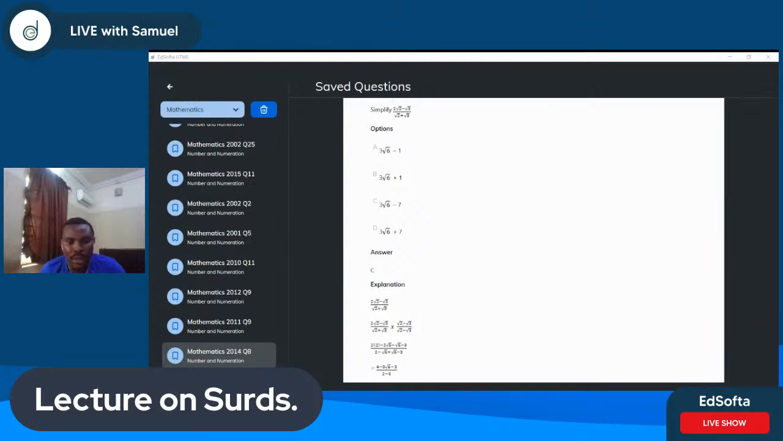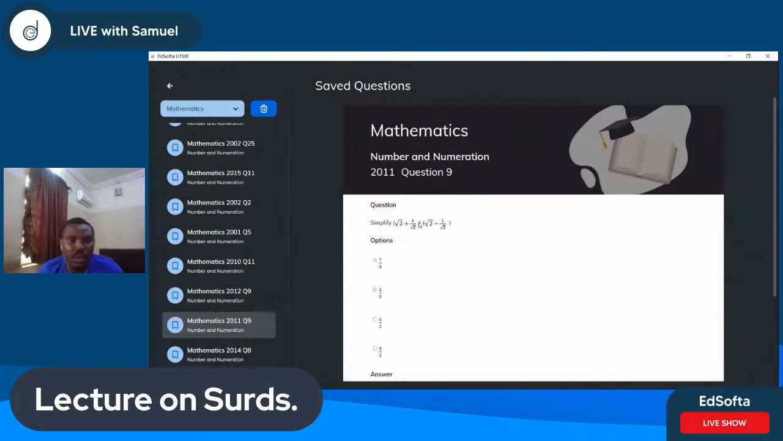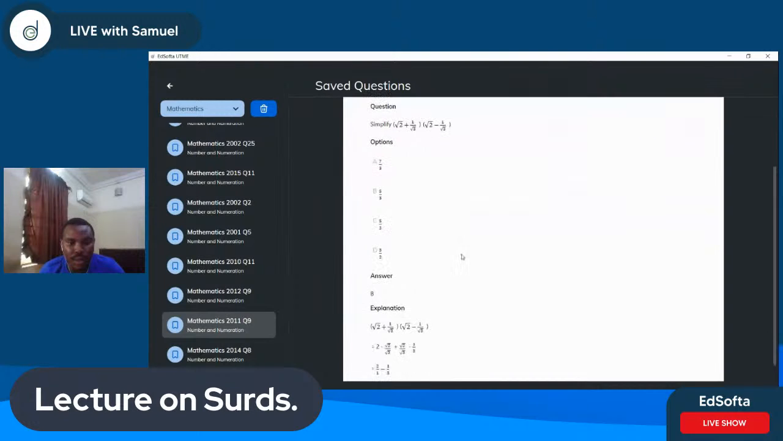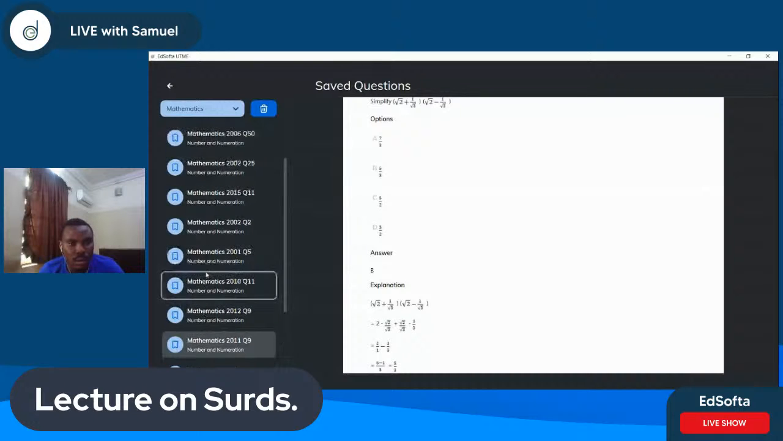Okay, let's look at some other questions. I also saw another question in 2011. So this is a multiplication question, and we've done multiplication. So all you have to do is root 2 times root 2, root 2 times. So you just break it the way you do your normal algebra multiplication. If you can see the explanation here, the explanation here is quite okay. Then the other questions we have